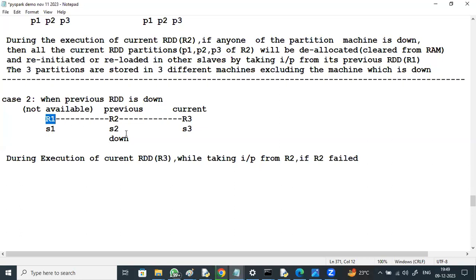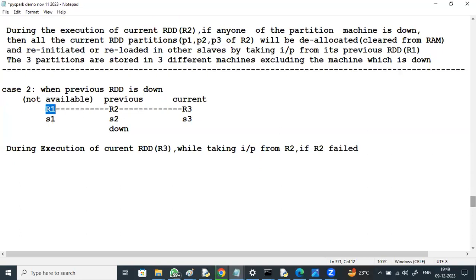It can have records less than or equal to R1. It doesn't mean it will have the same number of partitions. So during execution of the current RDD R3, while taking input from R2, if R2 failed, then